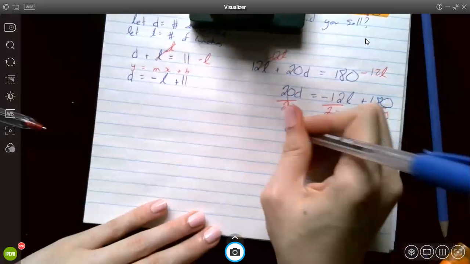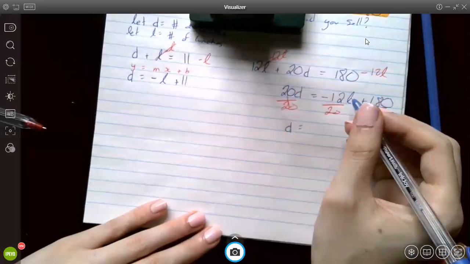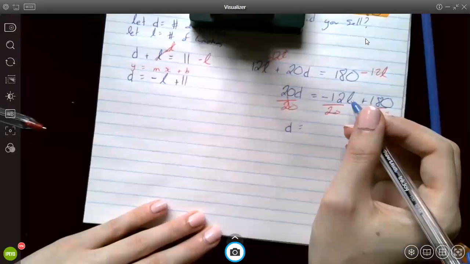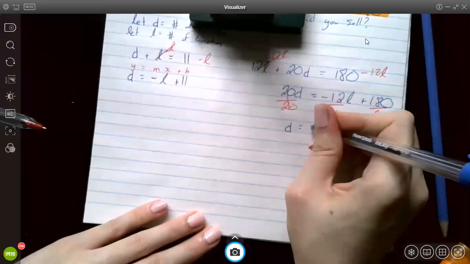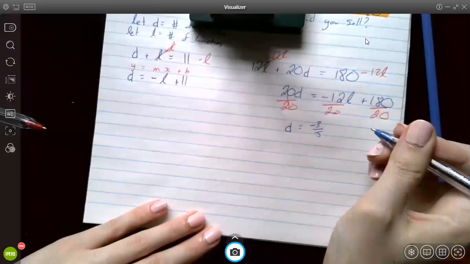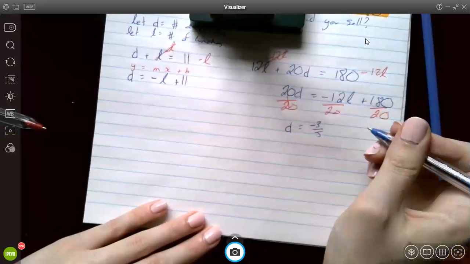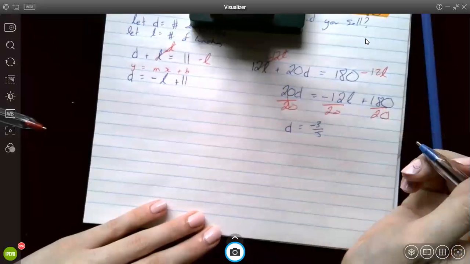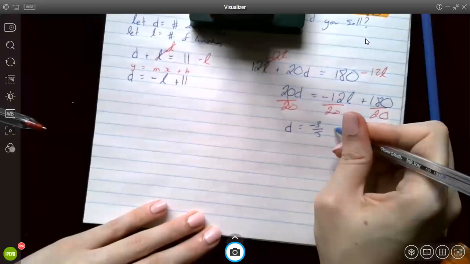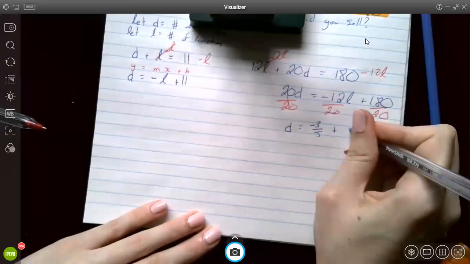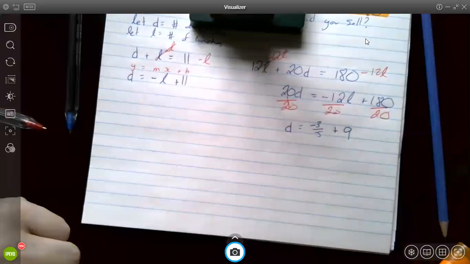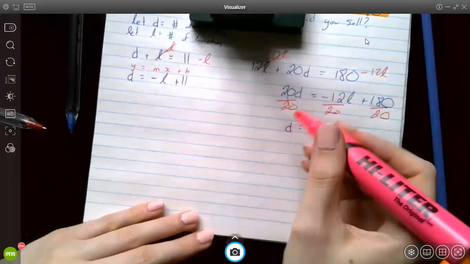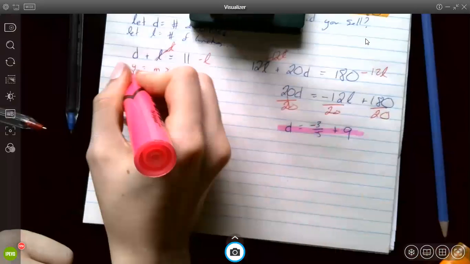So d equals -12 divided by 20, that simplifies to -3/5 if I divide them both by 4. And then 180 divided by 20 is 9. So these are now the two equations that I will be using,